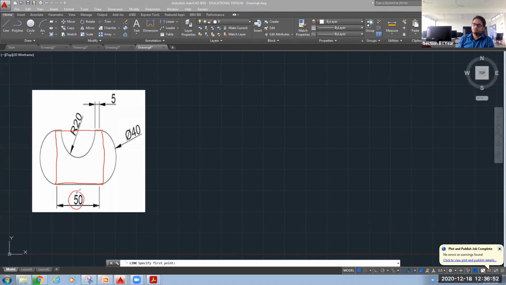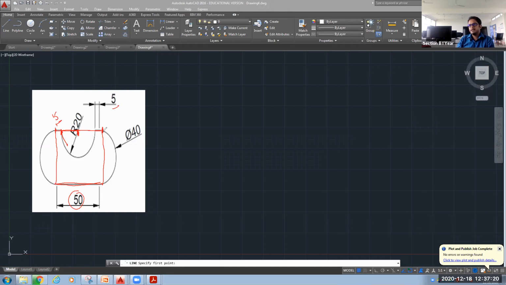So this is coming 50. This length is coming 50. So automatically this will be 50. Okay. Radius of this circle, it is showing 20. Okay. It means distance from this up to this end is 20 plus 20, 40, and this side it is 5. So 5 on this side also. This is also your 5. So it is totally, it is coming from this location up to this location, it is 50.